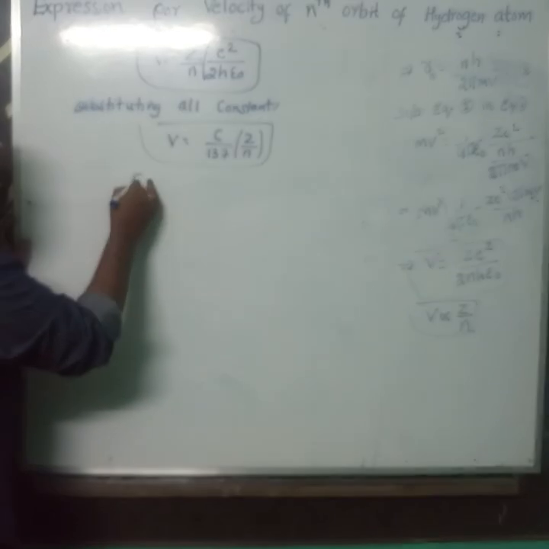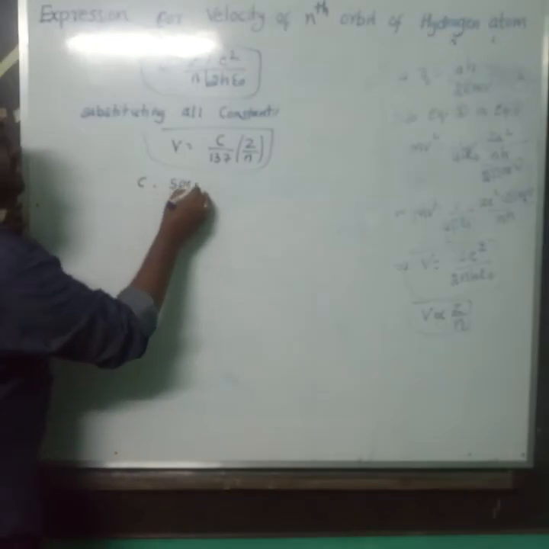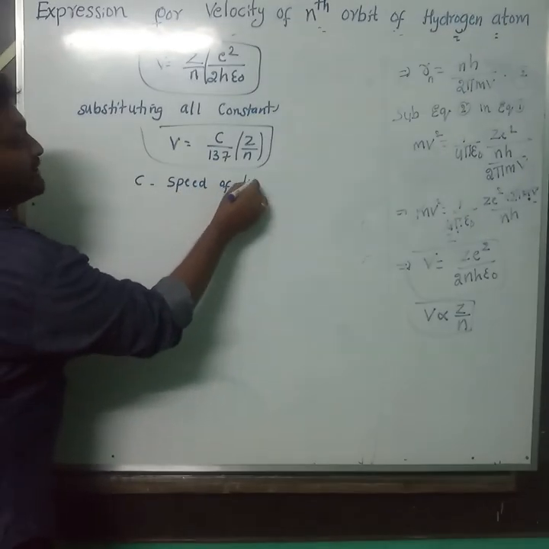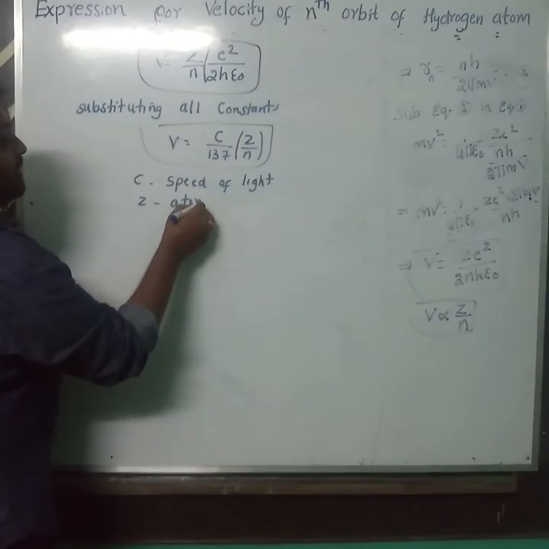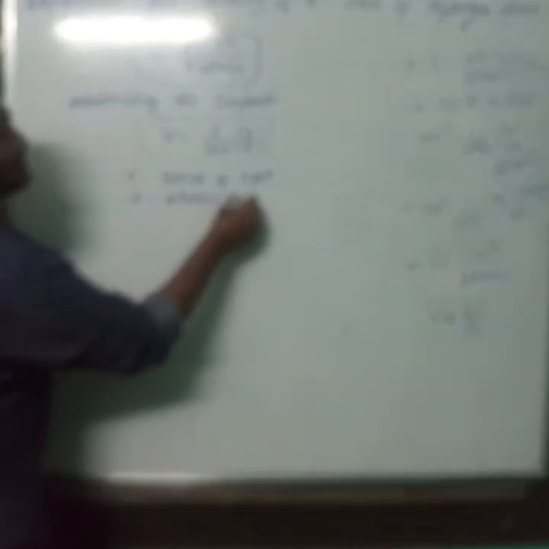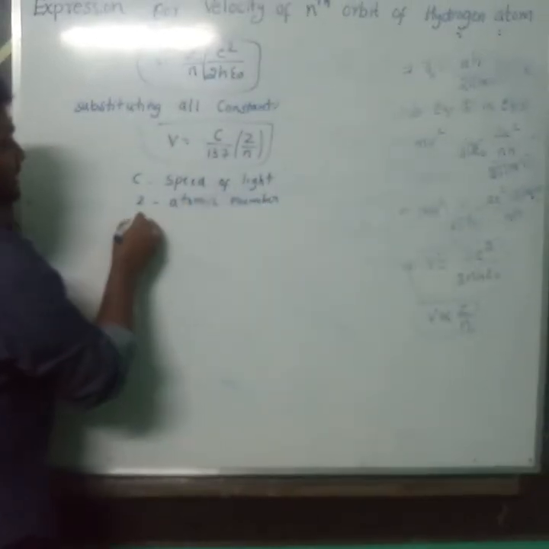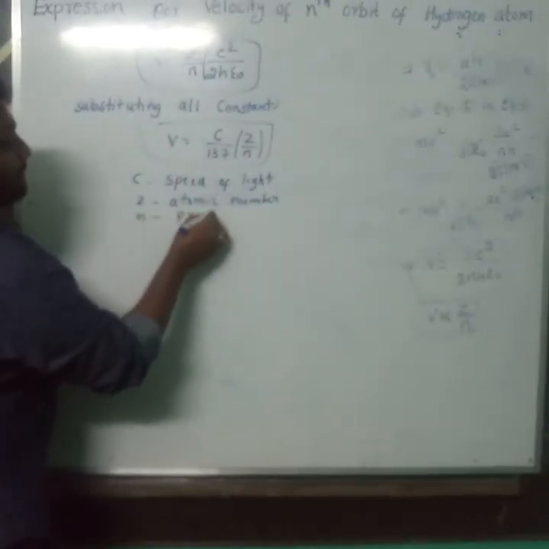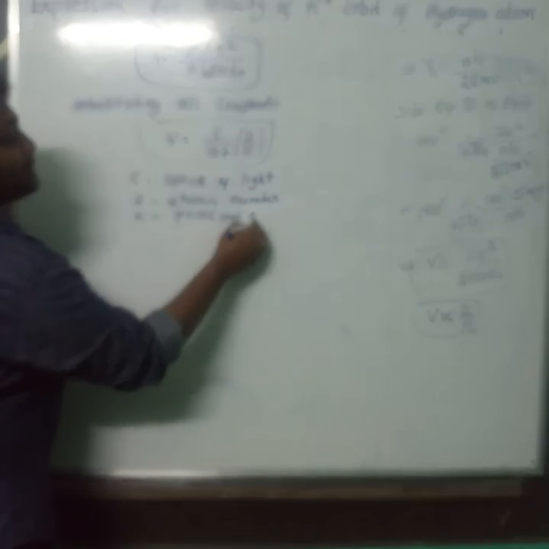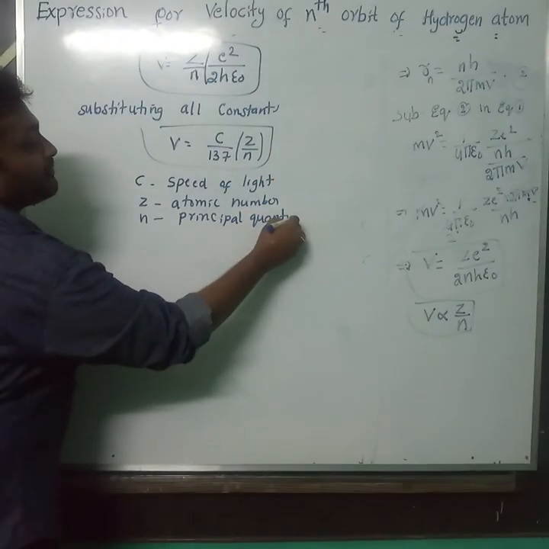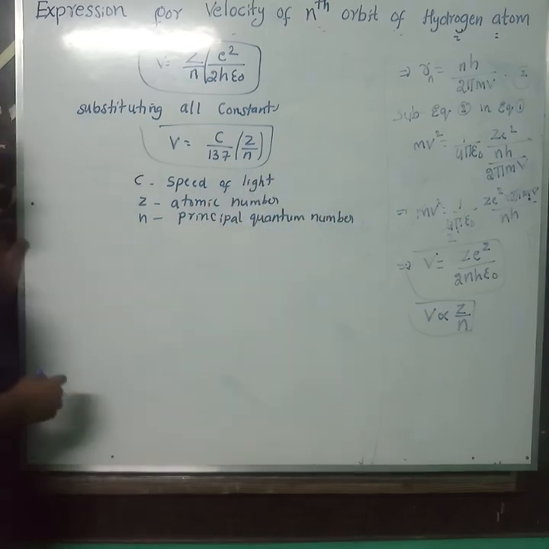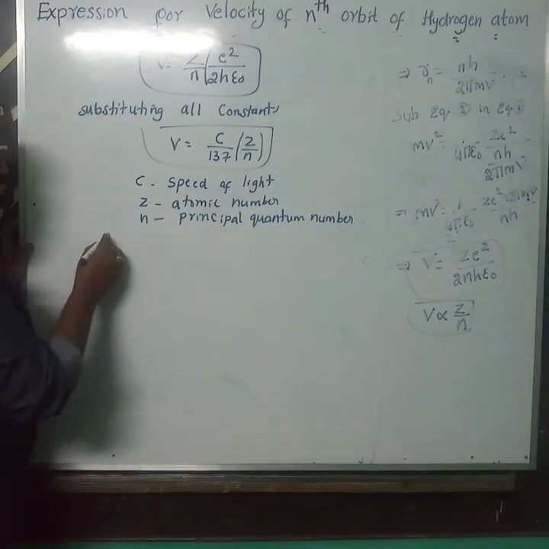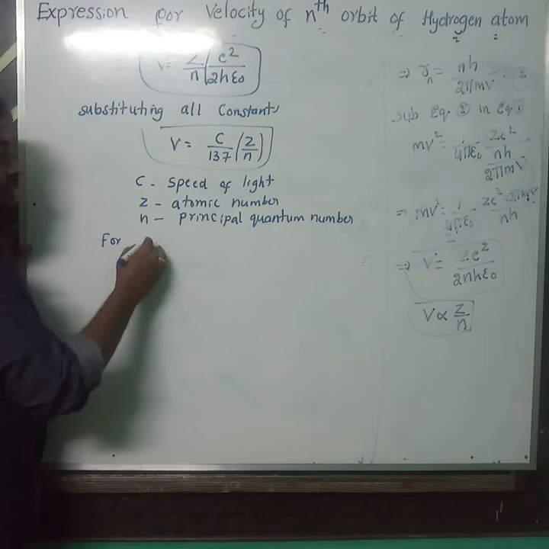What is c here? c is the speed of light, Z is the atomic number, n is the principal quantum number. So let us see here. For example, I want to calculate for first